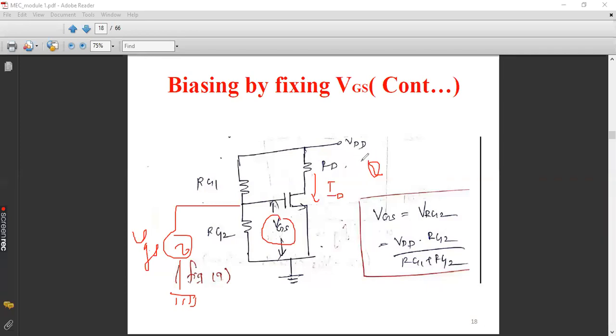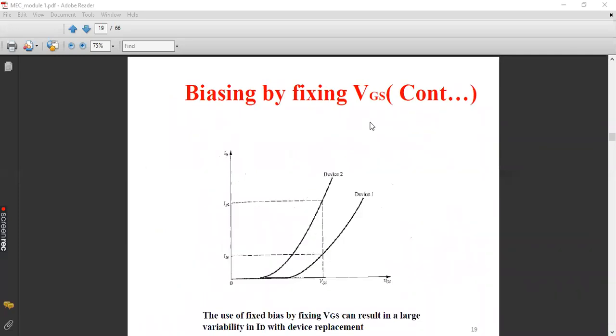Some portion of the output waveform may get clipped off, so linear amplification will not take place. So we have to ensure the Q point, or the operating point, is stable in that particular saturation region itself, as far as the MOSFET is concerned. If you are going for a BJT, it is the active region, whereas in your MOSFET, it is the saturation region. So that Q point shifting should not happen, irrespective of any variation in your input signal. That is the requirement of biasing. Correct? So the next graph shows whether this technique is relevant or not for our application.